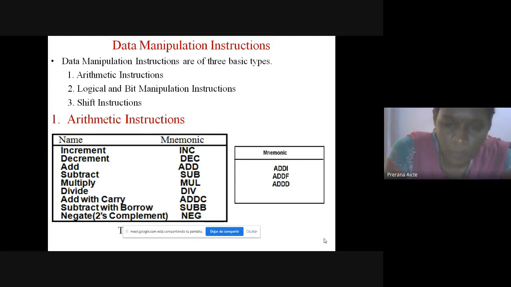ADDC performs the addition with carry. SUBB performs the subtraction with borrow. And negate performs the complement operation. Other mnemonics for add include add immediate, add floating point, add double, and add integer. These are the examples for arithmetic instructions.